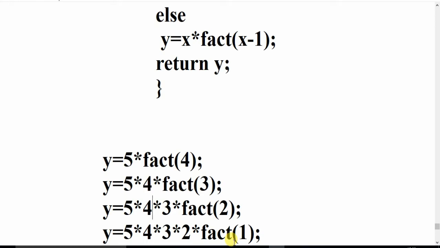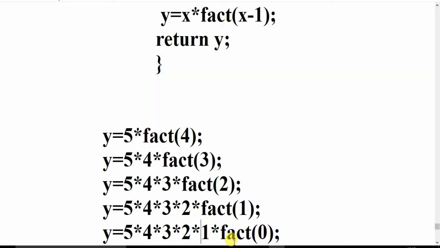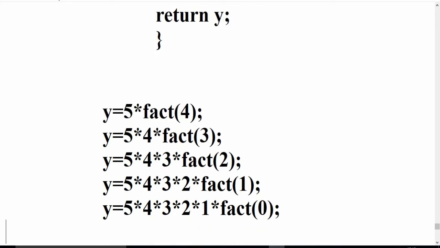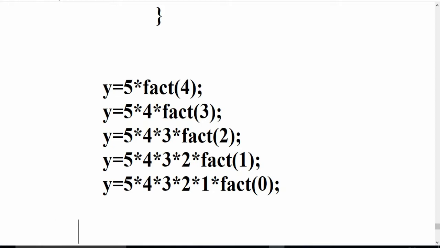Next, 4 is popped from the stack memory. 5 into 4. Next, 3 is popped from the stack memory. 20 into 3, next 60. Next, 2 is popped from the stack memory. 60 into 2, nothing but 120. Next, 1 is taken from the stack memory. That is 120 into 1, nothing but 120. So like this it pops all the values from the stack memory until the